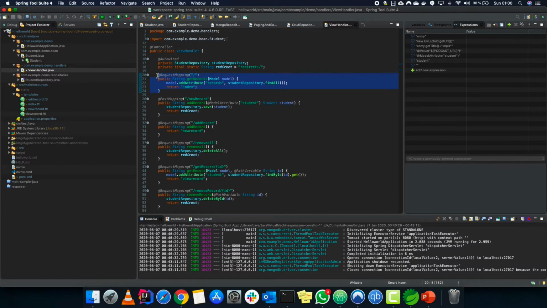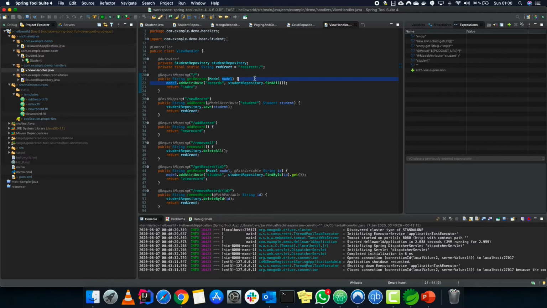The mapping that is empty, when the empty mapping is called, this method runs. In this method we take all the records from the student repository and assign them to a records object. Then we add that attribute into index.